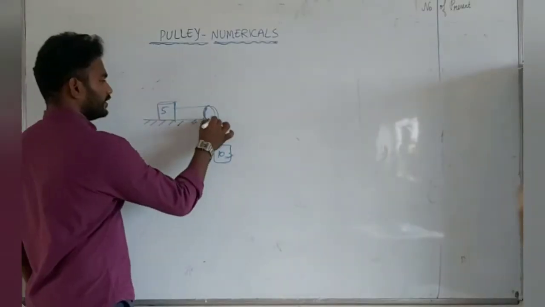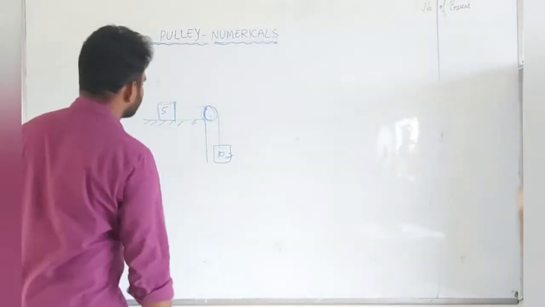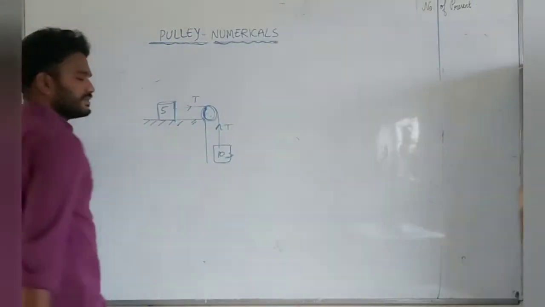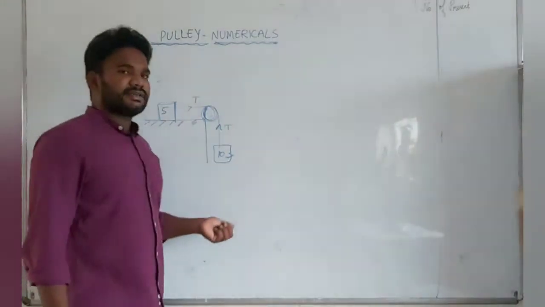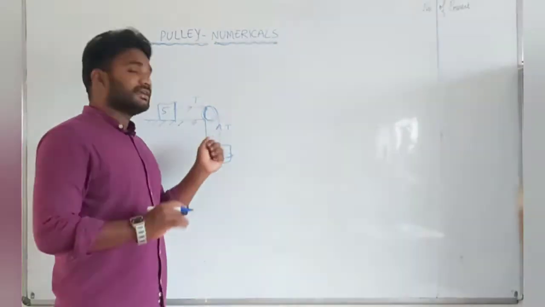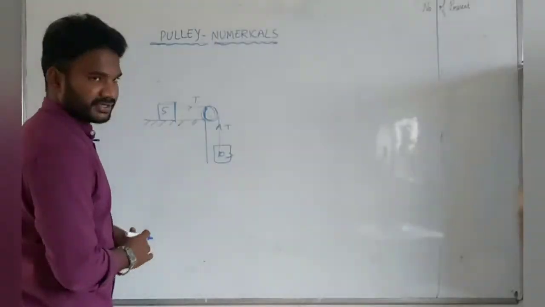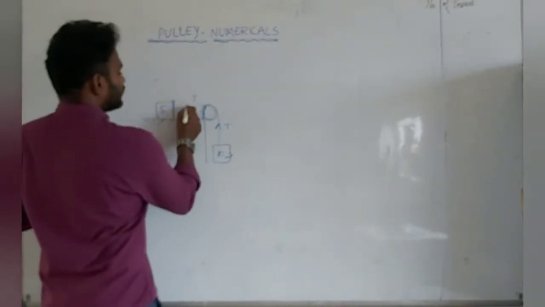Okay. Fine. How to find the acceleration of this block? There is a question. Definitely they will ask the question. Tension T is here, tension T is here. See, everywhere the tension is same. Why? Because this string is an inelastic string. That is the assumption you have to take for all the questions in laws of motion, guys.